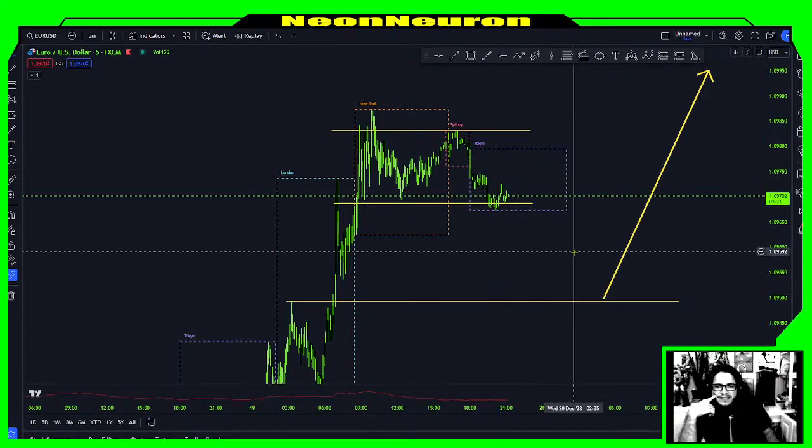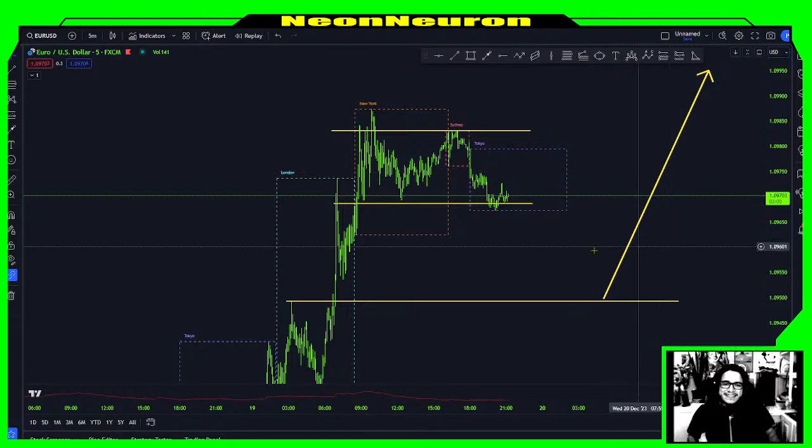And that's what we're expecting to happen. But until that point, they're just keeping it in this area right now. And when I say they, I'm talking about the banks and the hedge funds and the market makers. They're trying to keep price in here as long as possible. And then they're going to start pushing it down. And then when they get that better price, they're going to start buying it.